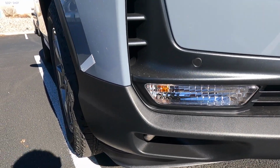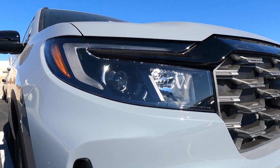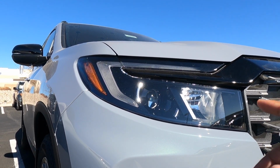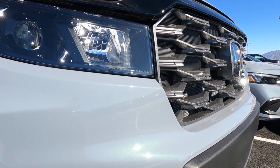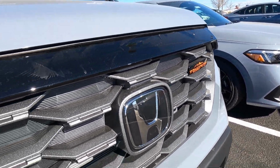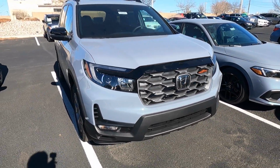Turn signals are incandescent, fog lights are LED, and high beams are incandescent, which is surprising, and low beams are LED and LED daytime running lights. And you do get this new grille, like I said, a Ridgeline-looking styling grille. Trailsport gets Trailsport on the grille itself, but with this design they went with a more squarish looking face versus